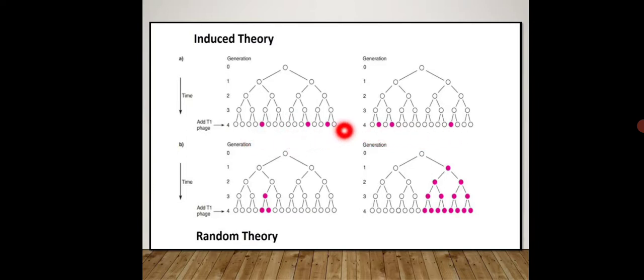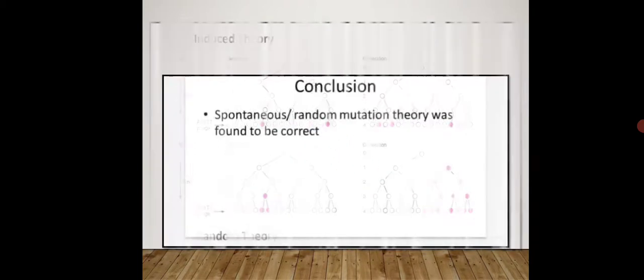मतलब जहाँ मैं म्यूटेजन डालूंगी वहीं पर मुझे म्यूटेशन दिखेगा. Okay, that is the induced theory. रैंडम थ्योरी, रैंडमली कहीं भी होगा. मैंने तो सिर्फ फोर्थ जनरेशन में T1 phage डाला था, लेकिन मैंने जब सेकेंड टाइम एक्सपेरिमेंट कैरी आउट किया तब मुझे फर्स्ट में भी दिखा है और बाकी के जनरेशन्स में भी दिखा है. ओके, यानी कि in random, it is not necessary to add the mutagen at every point because it is random. Okay, we define random as mutation that can occur in presence or absence of mutagen. So that is the difference between induced theory and random theory.